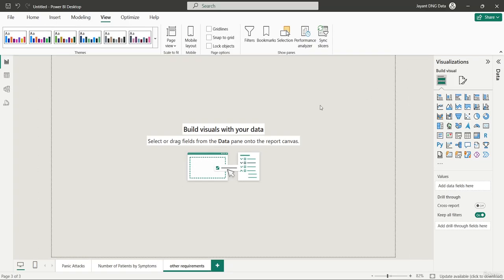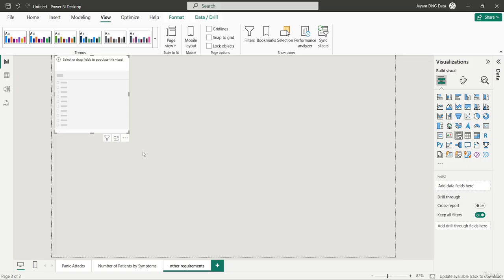All right. And now, as per our requirement, let's say we are interested in adding certain filters first of all. So I will simply click here on this blank slicer. And this is going to create a blank slicer for us. Let's place it here at the top. All right, and let's say in this particular slicer, we are interested in representing the panic score HML, that is